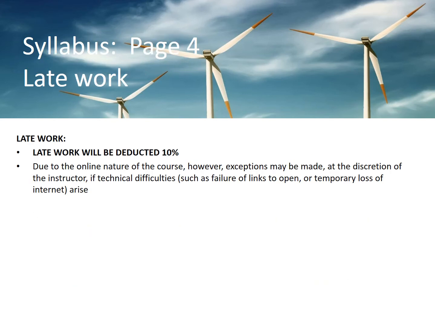So I know we all start the course with the best of intentions of turning in everything on time, but the reality is that things come up in life that do cause you to miss assignments or be late on things. So in the case that something is late, work will be deducted by 10%, but due to the online nature of the course, exceptions can be made, especially if there's technical difficulties, like a link doesn't open, or you lose internet. Please let me know, and in those cases, we'll definitely waive the late work policy, your points being deducted, and give you full